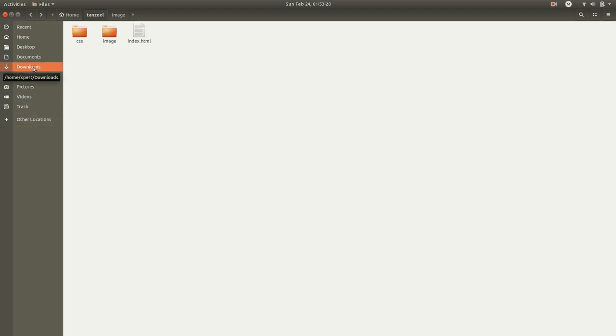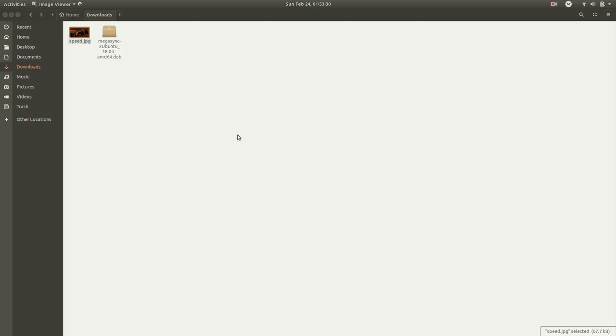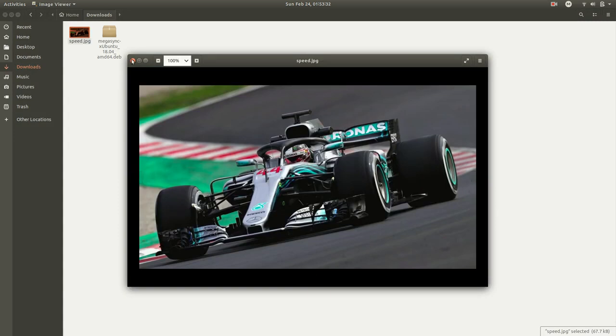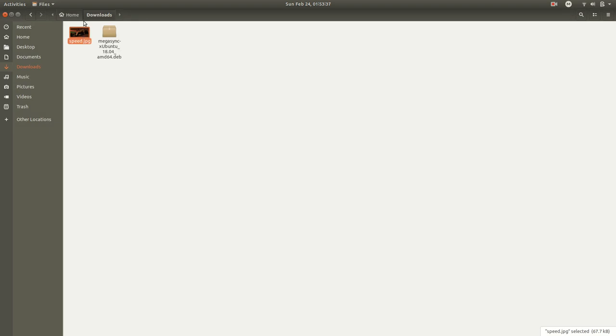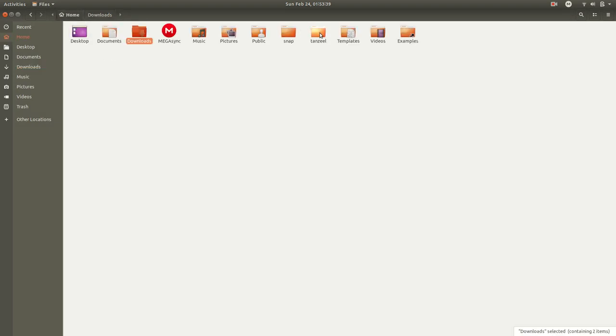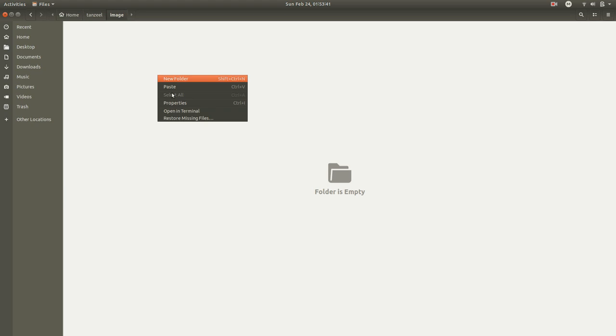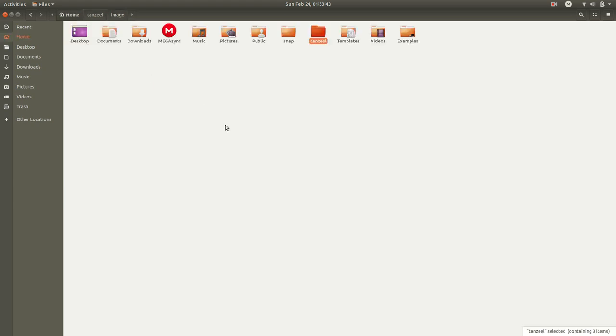Okay, an empty image folder. I must be having an image in my downloads folder. See, here it is, the speed. It's just an image of a Formula 1 car. Let me copy this back to our repository, paste it inside image. Done. Yeah, here it is. Cool. Now let me start